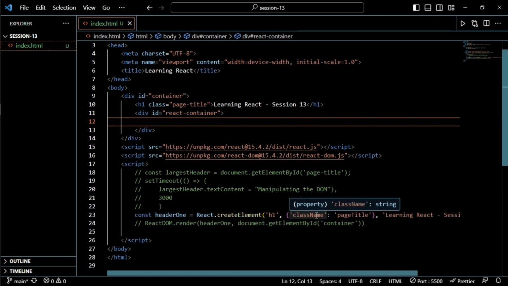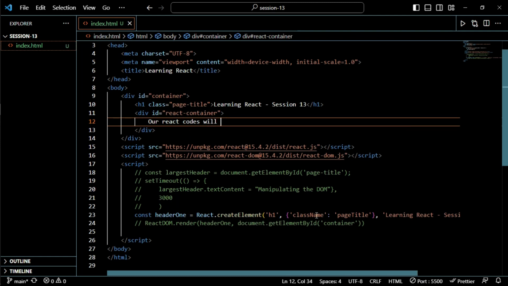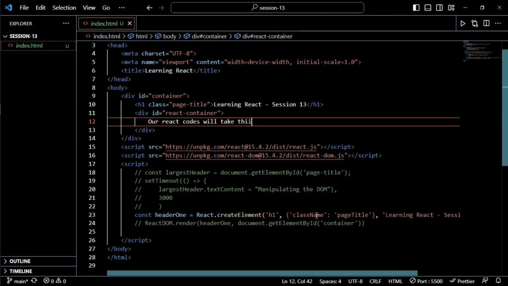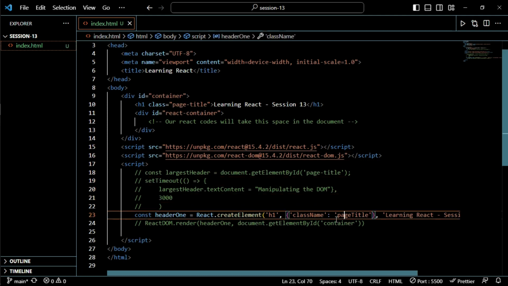So I want to now use React to create what will be here. I'm just trying to show you that. Let me put a comment: React codes will take this space in the document. All right. I want just a comment. All right. So let's go on. Let's play. So I want to have